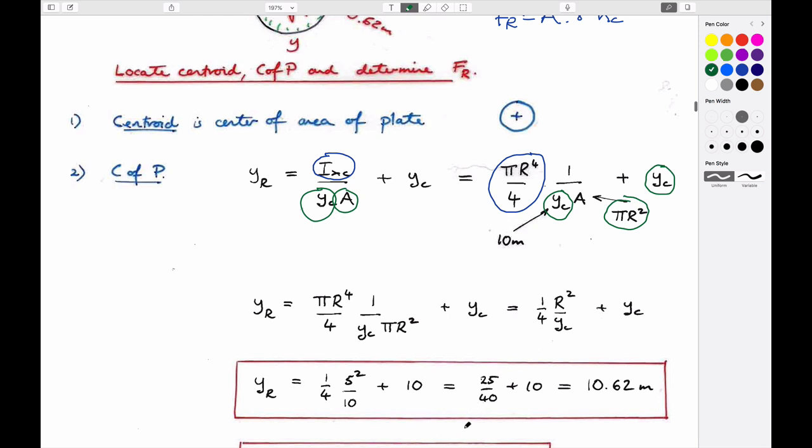I won't go through it. You can do it just as easily as I can. But you end up with a depth which is 10.62 meters. It actually comes out to be 10 meters, which is, of course, the depth of the centroid,